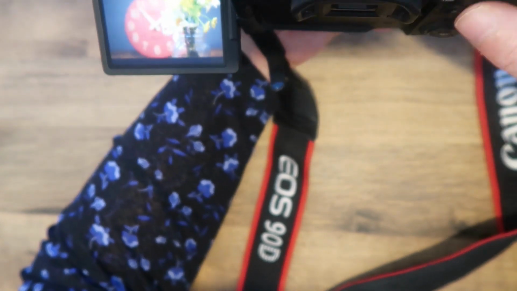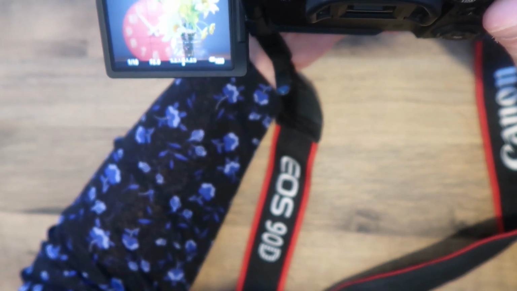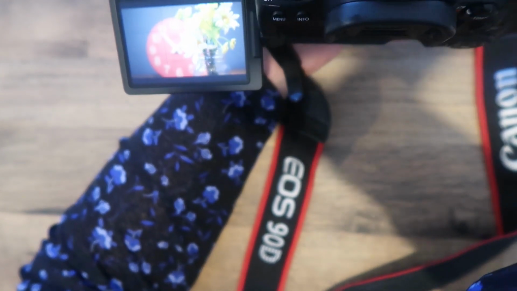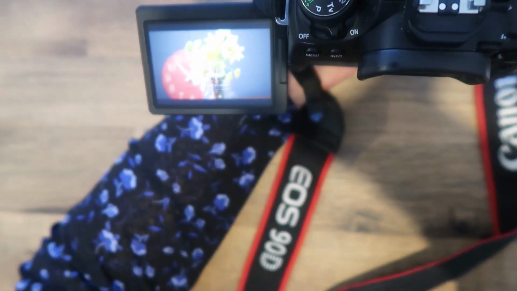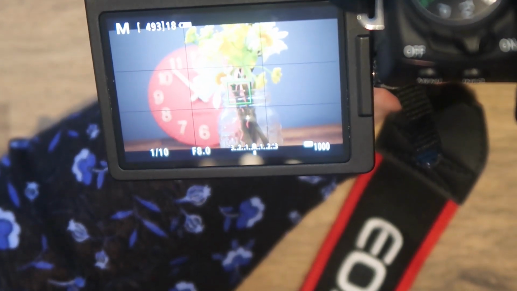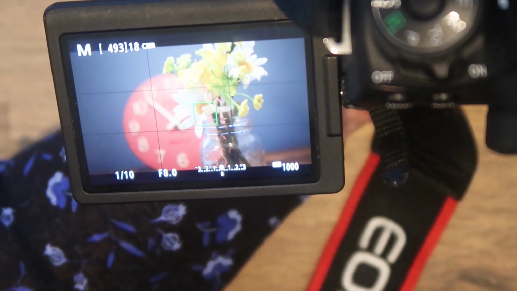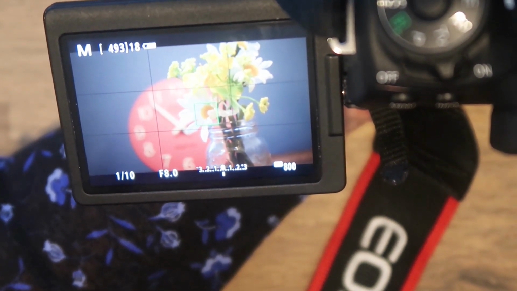So if we wanted to increase the aperture, say I go to 8 and I click on the flower, you can see in the live view, let's just see if you can see that a bit clearer if I zoom in a bit with the lens. In the live view, if I click on the flower there with the little green square, you can see the flower's in focus but the clock's blurred. And if I take that image,